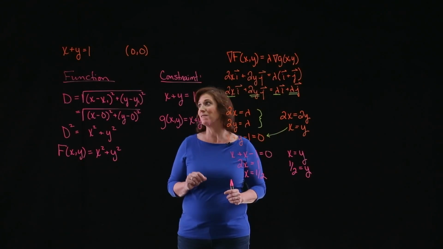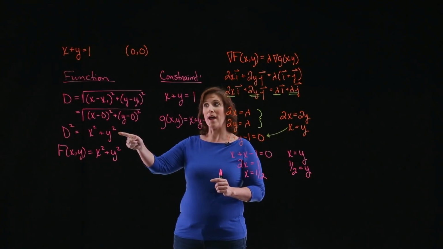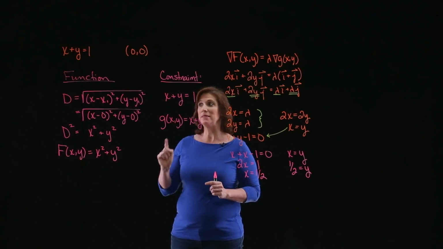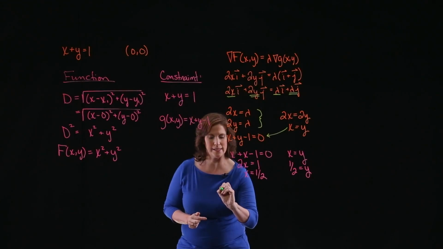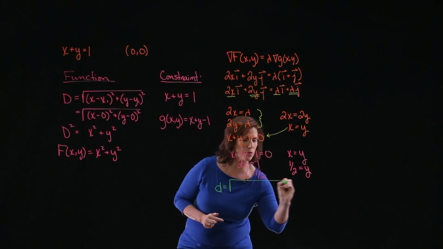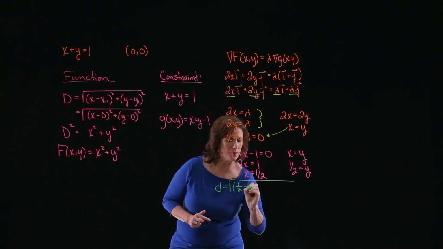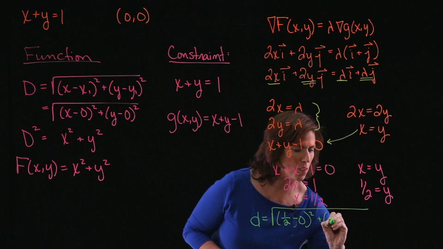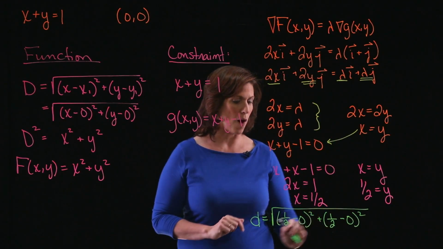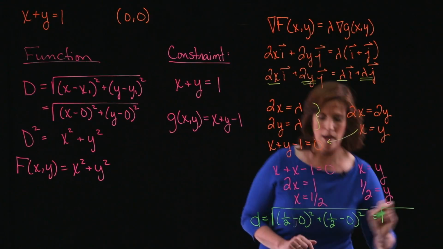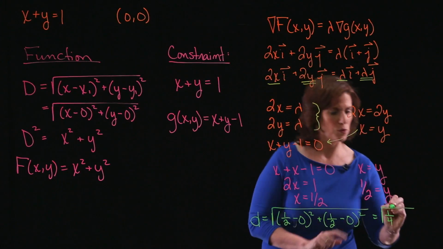All right, now this tells me where that minimum occurs. But remember, the problem asked me to find this minimum distance. And I actually minimized my distance squared. So when I go to calculate my minimum distance, I want to make sure that I plug it into the distance formula. So that tells me that the distance is going to be the square root of the quantity 1/2 minus 0 squared plus the quantity 1/2 minus 0 squared, plugging in the 1/2 for both the x and the y. So this will give me the square root of 1/2 squared, which is 1/4, plus 1/2 squared, which is 1/4,